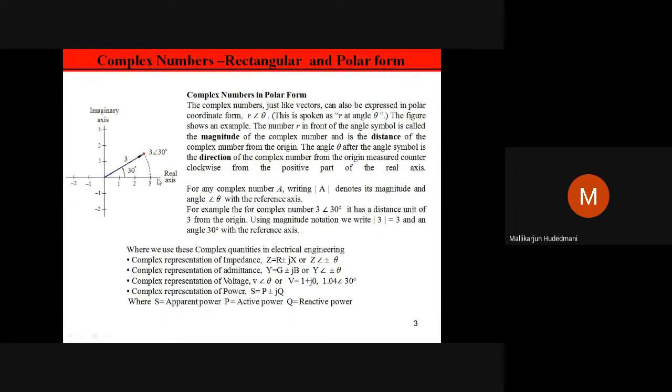If it goes plus 30 or a plus angle, it shifts in the anti-clockwise fashion. If it is a minus angle, it goes in the clockwise direction. What I mentioned here is that magnitude will never have a minus. If it is there as a minus, the minus must be kept outside. Inside the bracket, you have to process your polar form quantities. That is the notation you must remember.